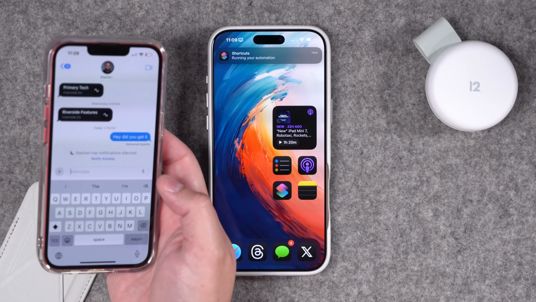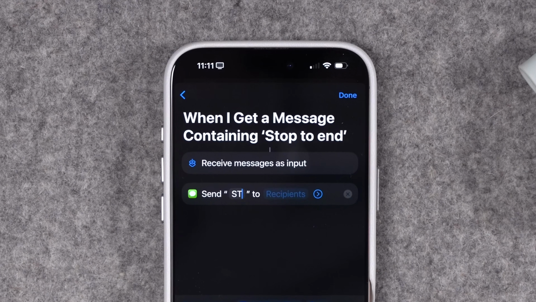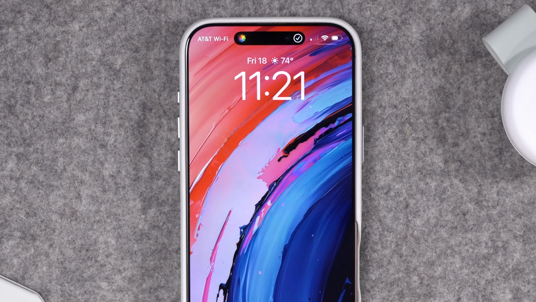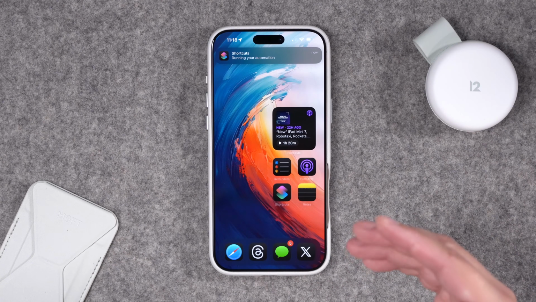Yes, we are back with 15 new shortcuts, and this one's gonna be big. I'm gonna show you how to set up auto text replies from any sender and how to automatically opt out from automated texts. I've revamped my auto wallpapers, whether it's time of day or even when connecting to a Wi-Fi network,